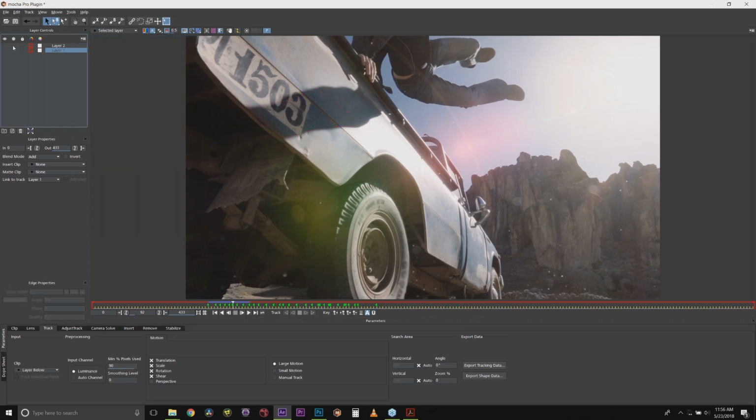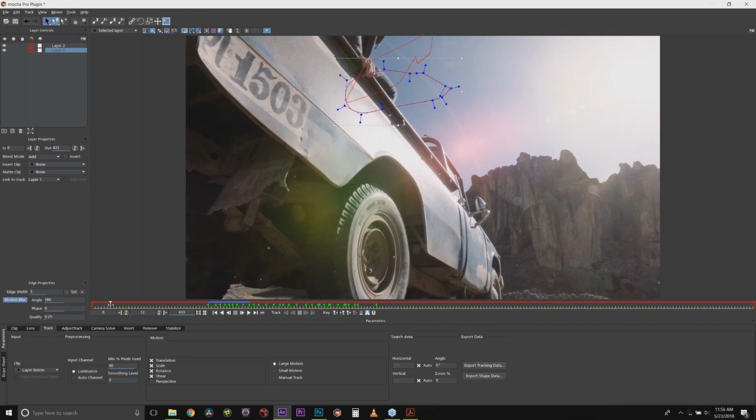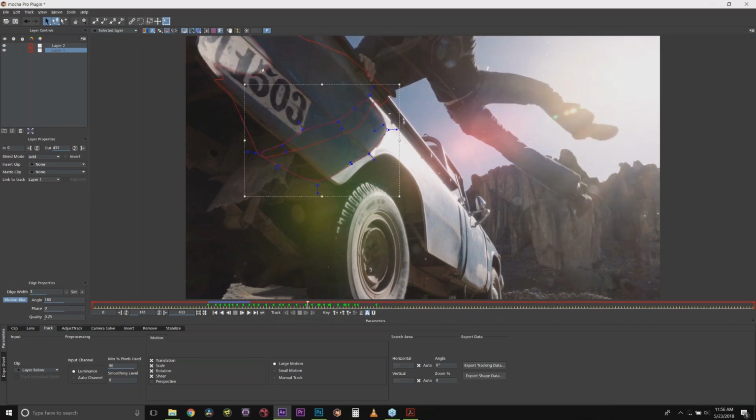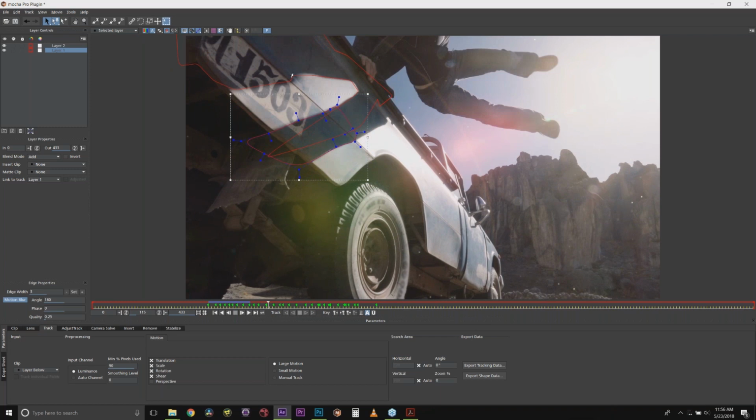So what we've done is we have made these lovely rotoscoping shapes for our shadows, just like this. They don't have to be perfect, but they do have to be right in line with where the top of the shadows break. So you see how this is following this edge perfectly. We don't care about this edge. We care about this edge and below, and this edge and below, okay? So we're going to save this,